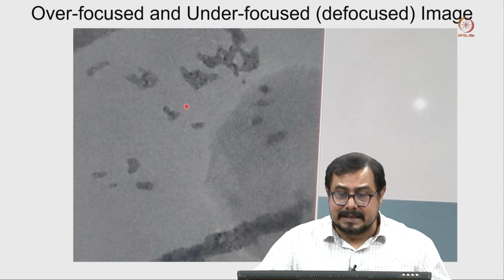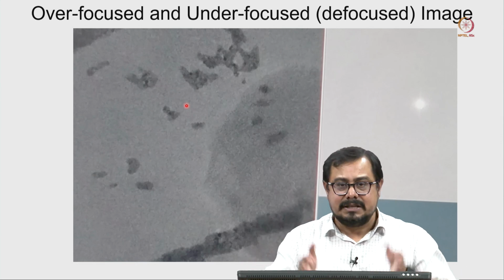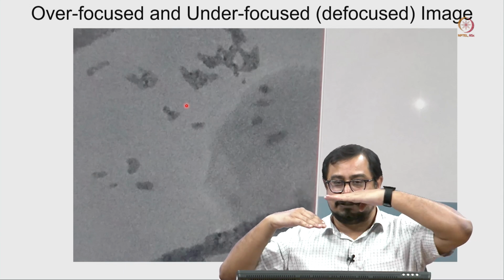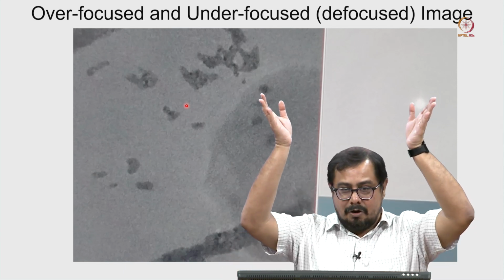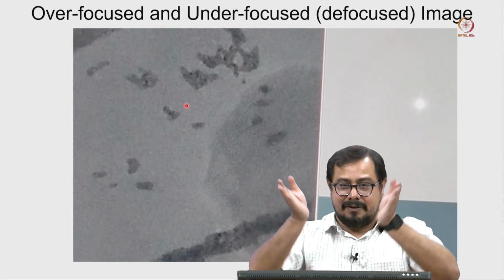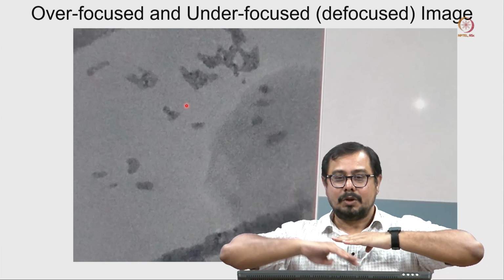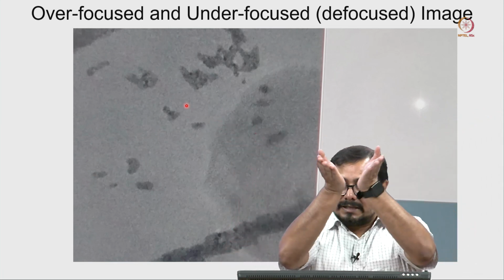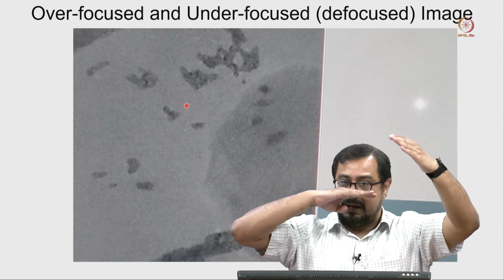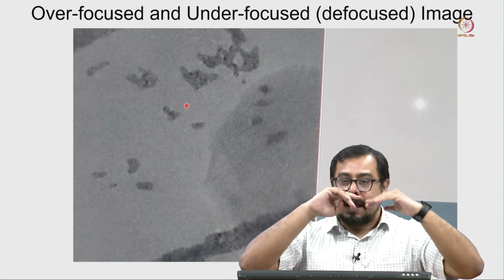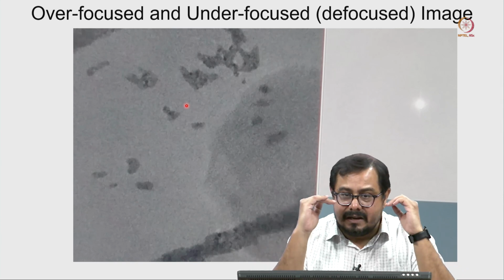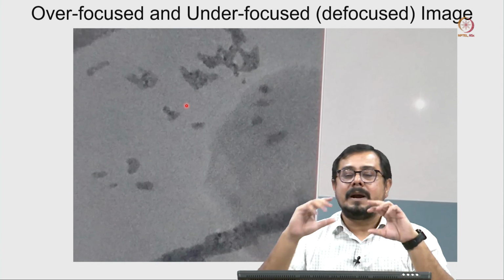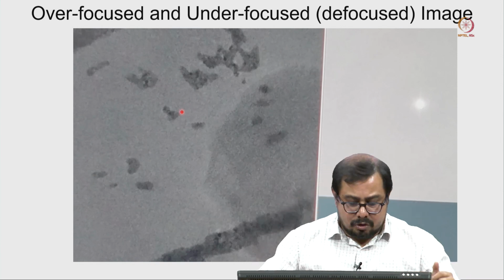Also one important part is that whenever we under focus some images, as I mentioned, if this near my nose is the image plane, and your electron beams are coming, the under focused image is converged somewhere here, okay, and this is actually the image plane. And the over focused is also going above the image plane. So in these three cases, as I mentioned, when focused, it will be really difficult to see any object or particle. Under focused and over focused images are good.